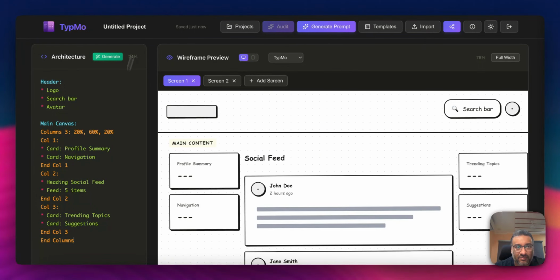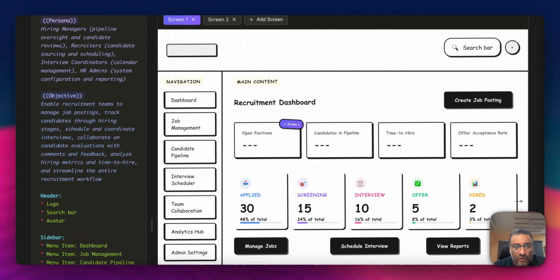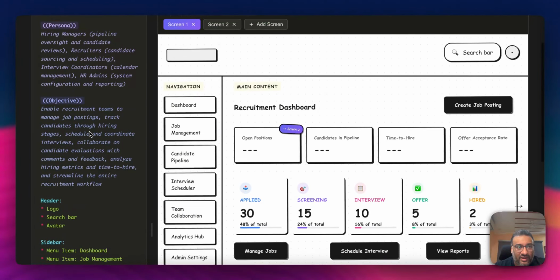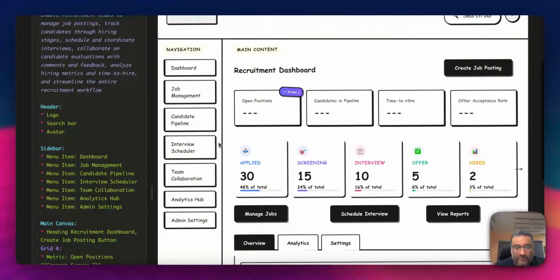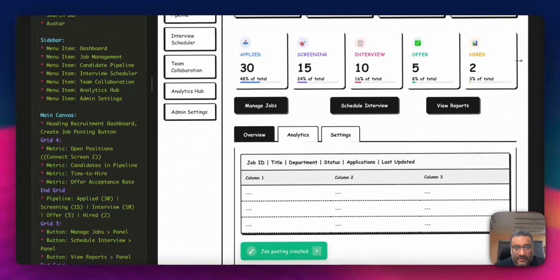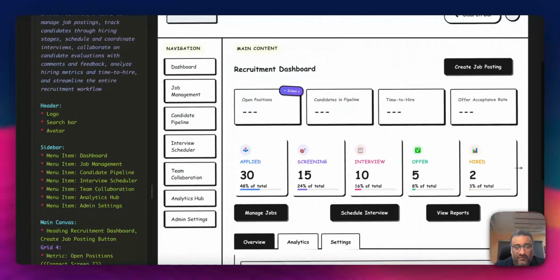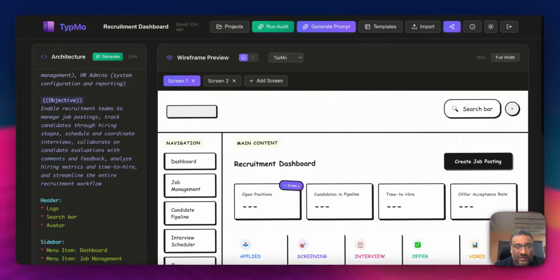took a relatively more complex example of a recruitment dashboard, wherein I actually gave the prompt to generate a recruitment dashboard with a lot of details there, and there is a persona here, objective here, and you will see that this particular wireframe that we have here is pretty dense. It has a lot of things going on here. Now this is where